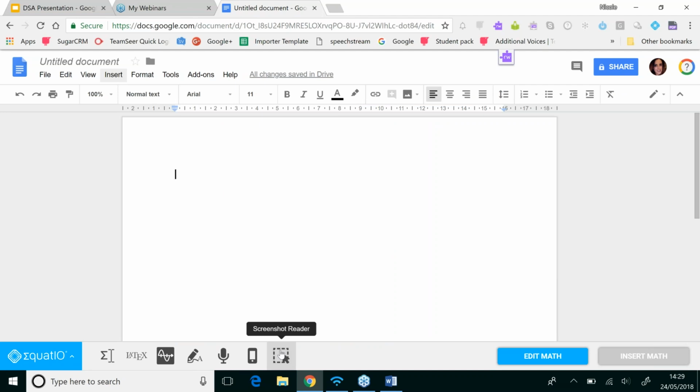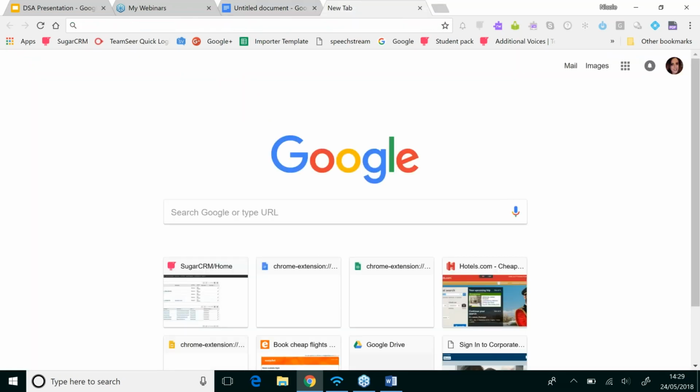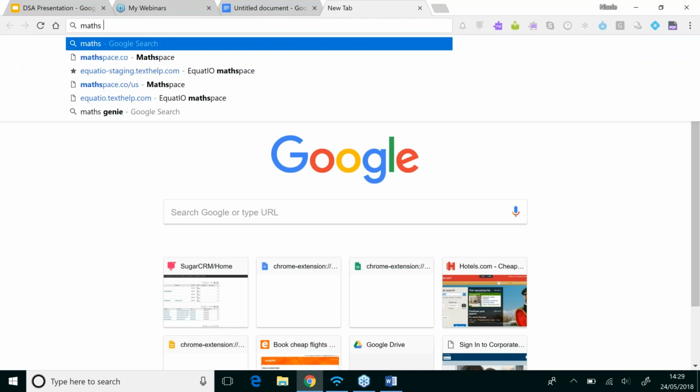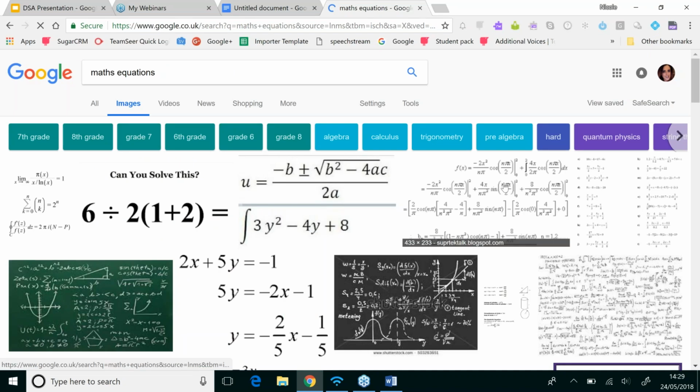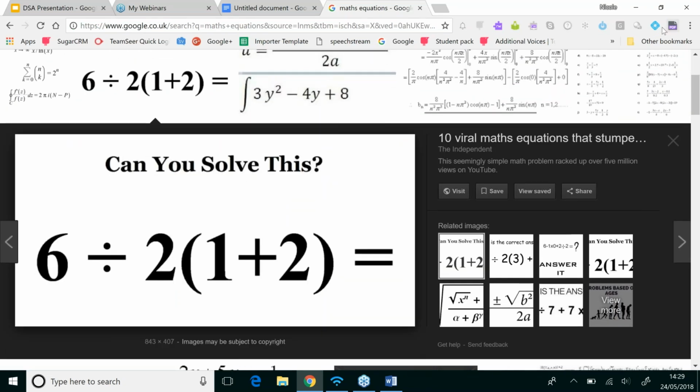It just got added on Tuesday into the Google version, so it'll be in the Windows version in the next few weeks. So if I just go in, for example, I don't have any university maths text, but if I just go in and type in maths equations into Google, get some images up of maths equations. This is an image, but if I then come up to my Chrome toolbar and click my little EquatIO app, you'll see that a mini EquatIO will appear up in the corner and you'll get access to the screenshot reader. So I just click on this,